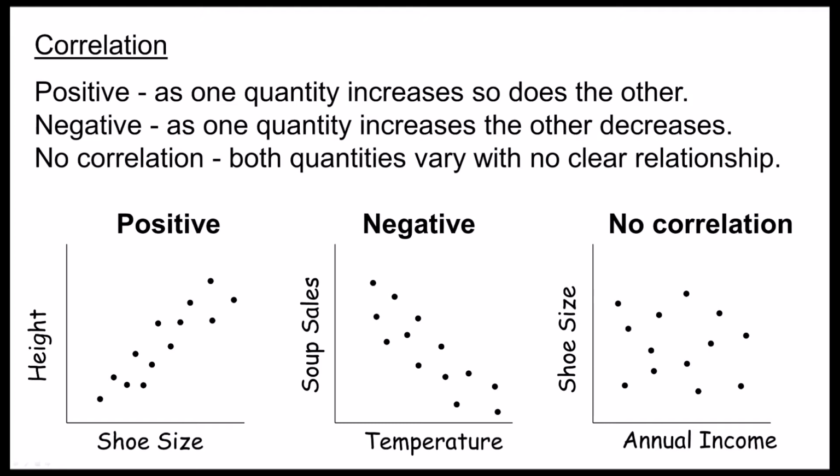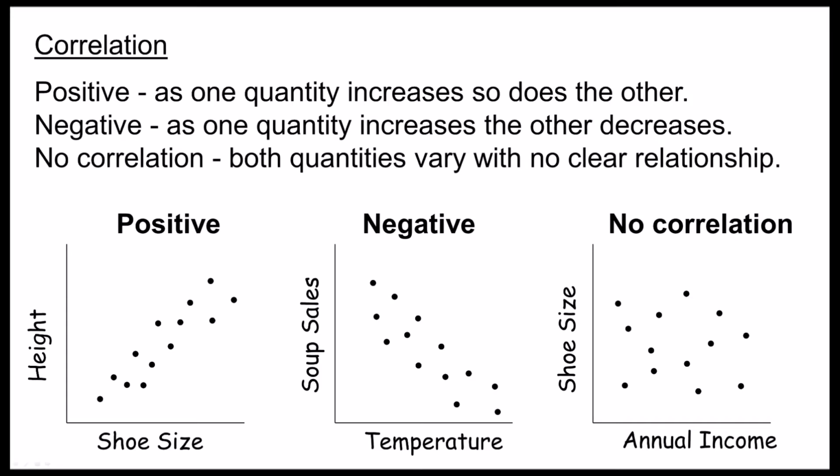If a scatter graph has positive correlation, it means as one quantity increases, so does the other. In our example, you can see that as the shoe size increases, so does the height of the person. All of the points are in a trend which go from the bottom left of the scatter graph to the